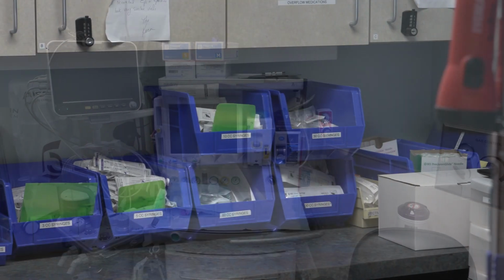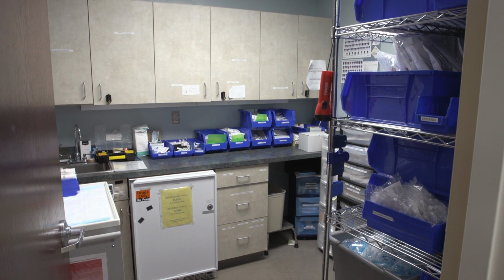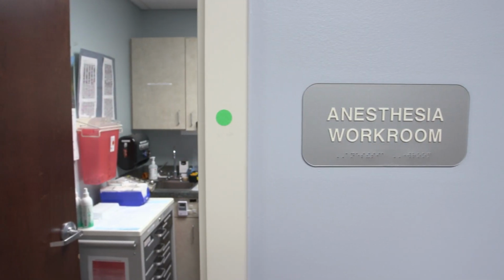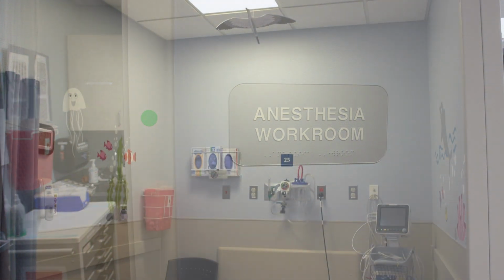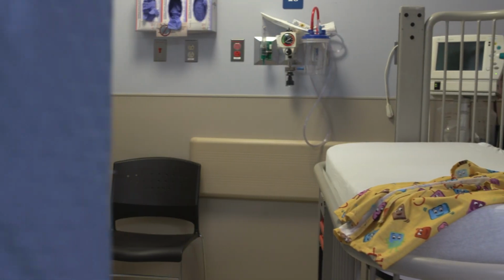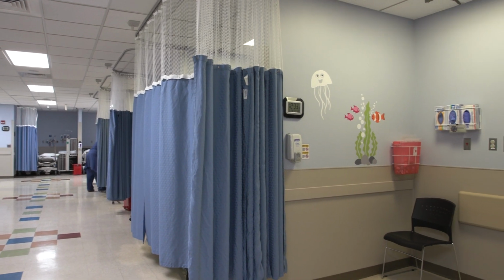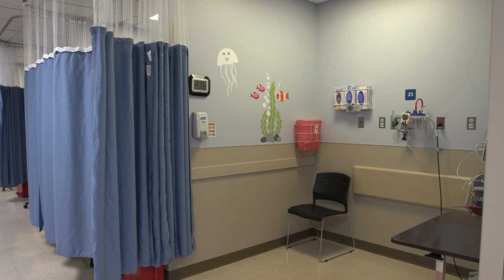Fellowship-trained pediatric anesthesiologists are the individuals that care for the pediatric population at the ambulatory center, and our dedicated pediatric nurses have advanced training to take care of our young patients, remaining with them throughout their entire stay at the outpatient surgery center. We have strict patient selection criteria for the surgery center. Our patients must be at least 6 months old or more than 60 weeks post-conceptual age. Patients with comorbid conditions that would put them at increased risk for complications during the procedure or post-operative recovery are not scheduled at the surgery center. Patients who do not meet the criteria for surgery at our outpatient center will go to Penn State Health Children's